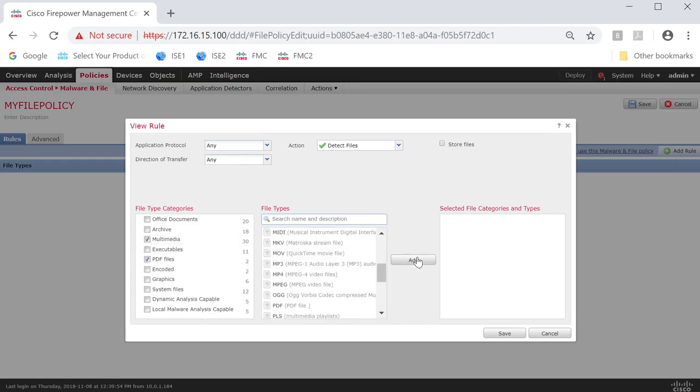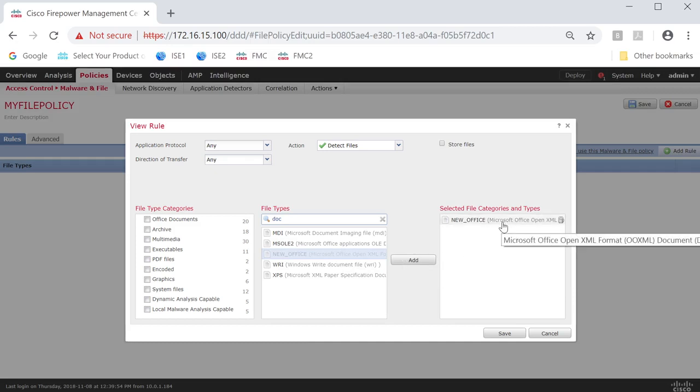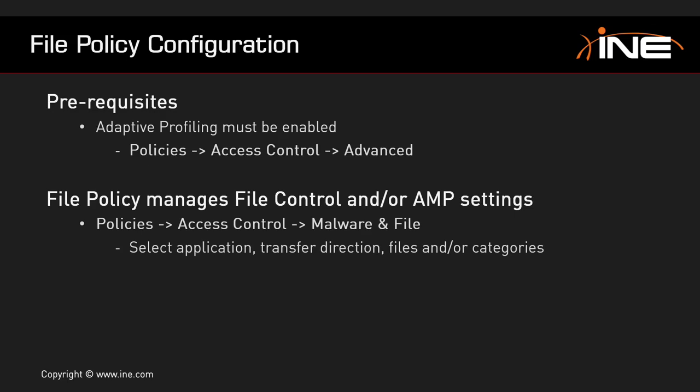So I can go for the categories, or I may be more selective. Like I'm gonna say, I'm looking for Microsoft Office files, this stuff, which is docx, PowerPoint, and so on. So I can choose it here. So pretty simple type of condition. Okay, then we will have to specify an action, which is again how we will enable file control or maybe